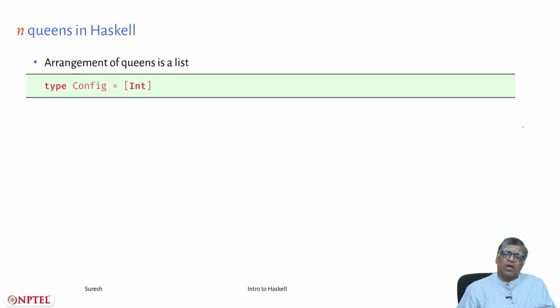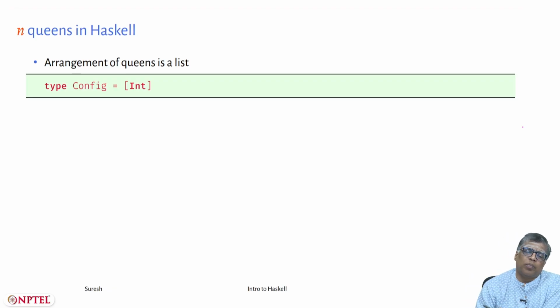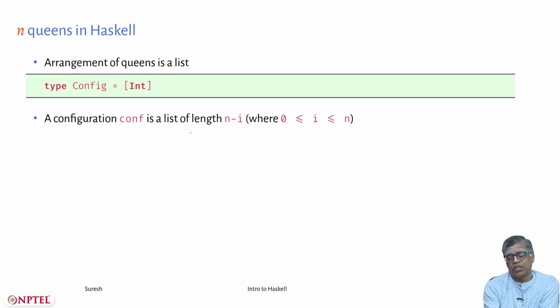Okay, so now let's actually see the solution in Haskell. Any placement of queens on the board I will call a configuration, and as I told you, I can represent a configuration of 8 queens or n queens on the board by a list of integers based on the position. So a configuration is a list of length n minus i, where 0 is less than or equal to i less than or equal to n, because my original aim is to